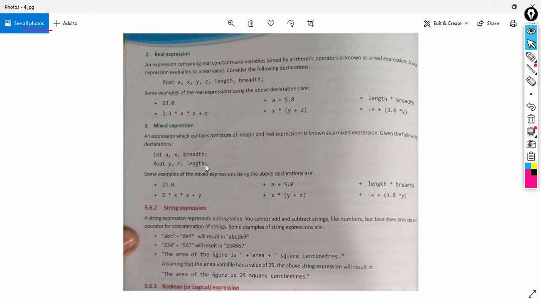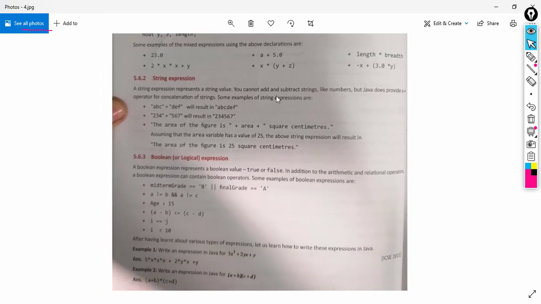Length into breadth: length is float type, breadth is int type, so it is a mixed expression. Then 2 into x plus y is also a mixed expression. So we have learned arithmetic expressions: integer expression, real expression, and mixed expression.